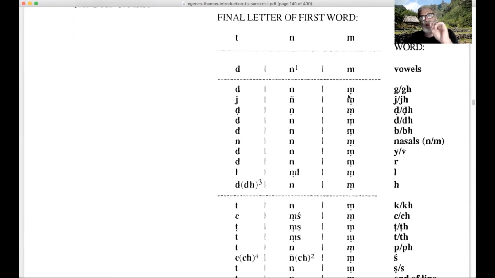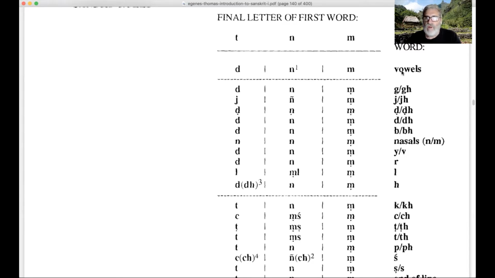Sometimes you'll see it as an M with a dot over it. In different systems, in the International Sanskrit Organization system, it's with a dot over it. Otherwise, in the IAST proper system, it's with the dot underneath it. Doesn't matter. You can put the dot on top or underneath. Try to be consistent though in your transliteration. But that is Anuswara. So at the top here we have M, and then we have another M underneath